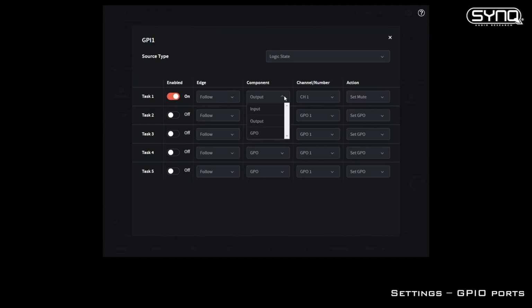Basically, you can set if it's input, output, or GP out, which channel you want, and what type of action you want. Most of the time it's used for mute action, or phantom power, or something like that. You could technically set this as a phantom power, together with the action of a GP out, which is an LED. So on a panel, you install an LED, you install the button, and you can turn on something.